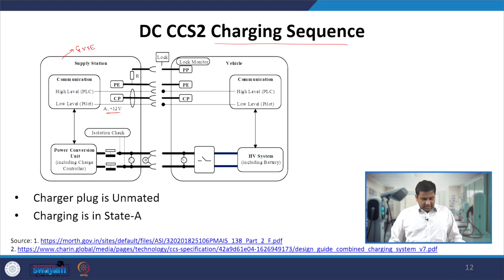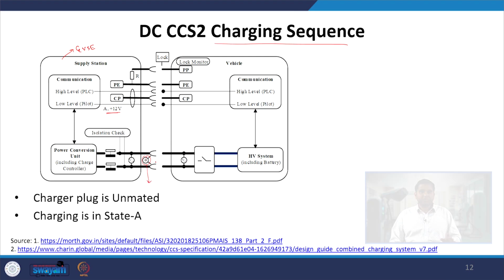and we are in the charging state A, and the charger is not plugged in. Here, this theta is there to measure the temperature of the contacts made between the charger plug and the vehicle inlet connector. Further, we also have the lock mechanism. Once the connector is detected, the lock will get closed, and once the charging is taking place, no one can remove the charger plug from the vehicle inlet connector, just to ensure the proper charging which is taking place.